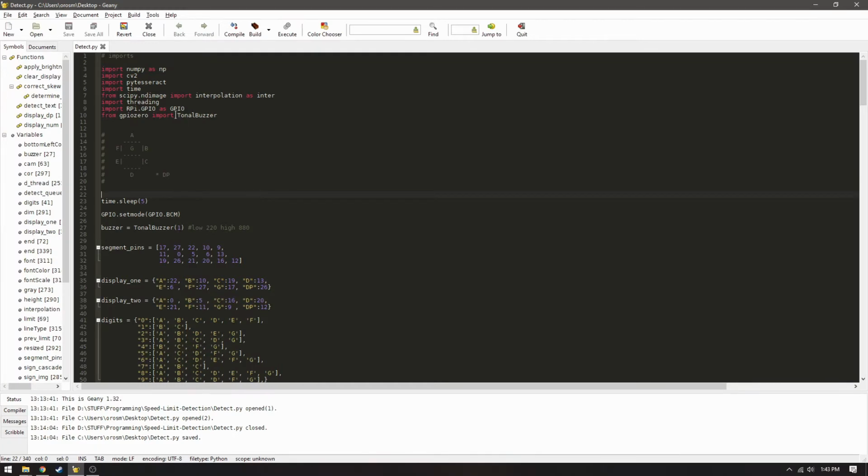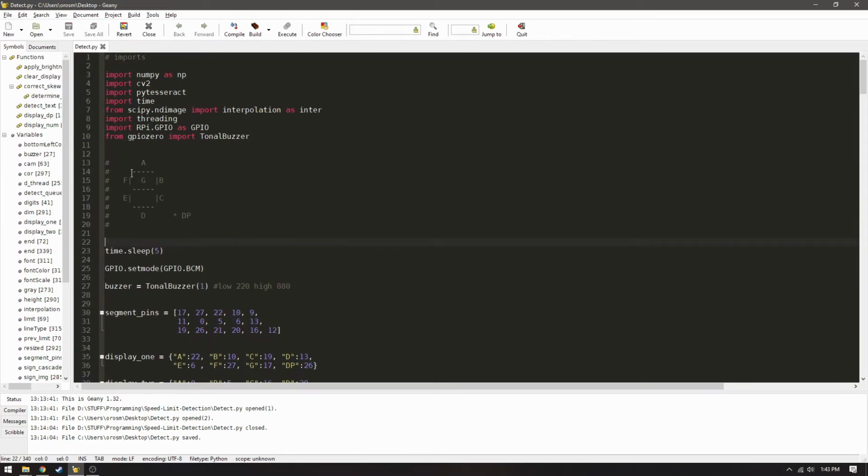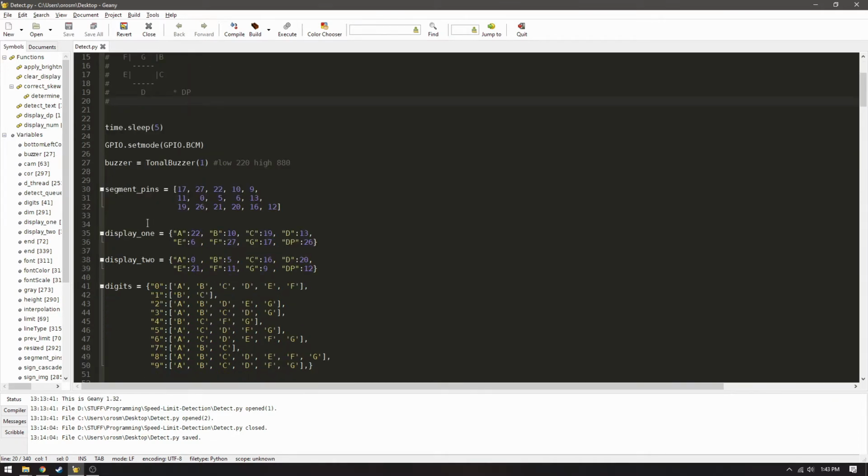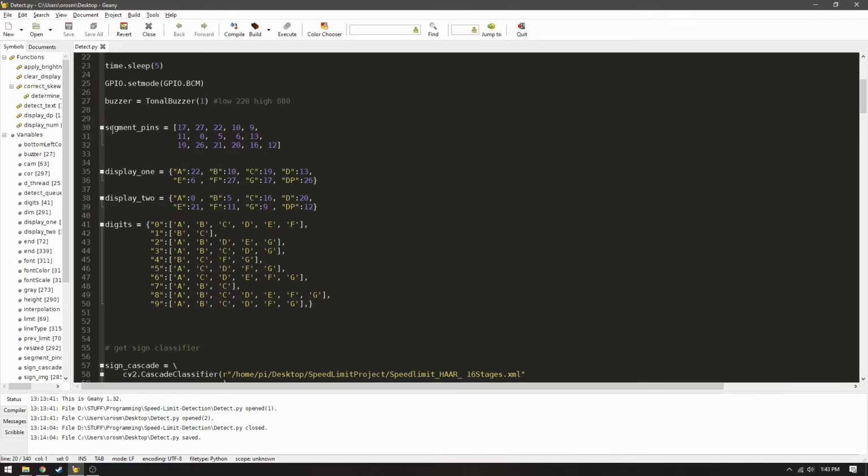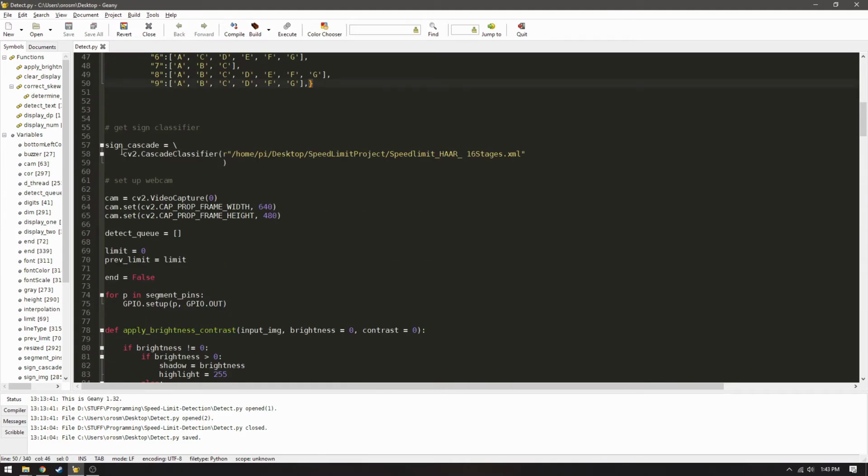Next, we'll look at the actual code itself. So here we have the 7-segment display, along with all the labels. We're just going to run through this. These are some of the variables to help set up these 7-segment displays. And here's our